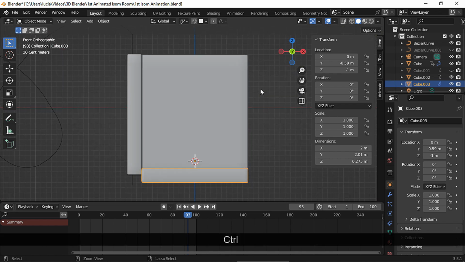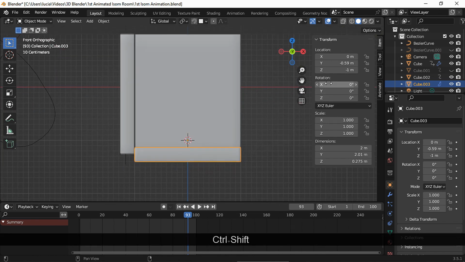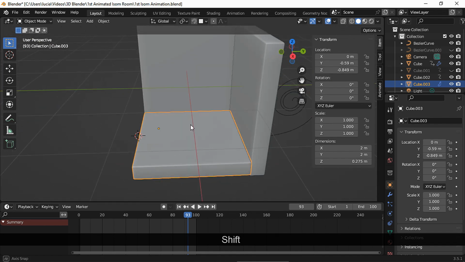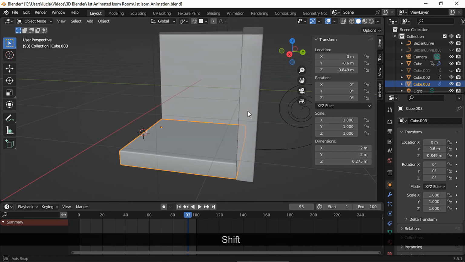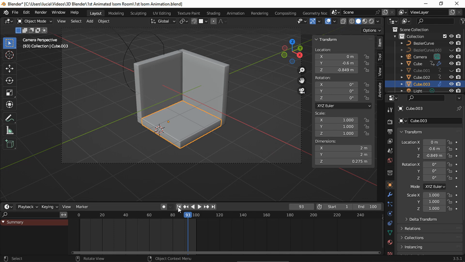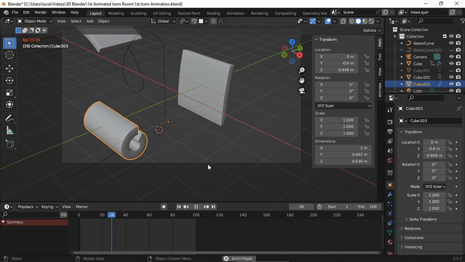Let's fix the set value. And here we have it.